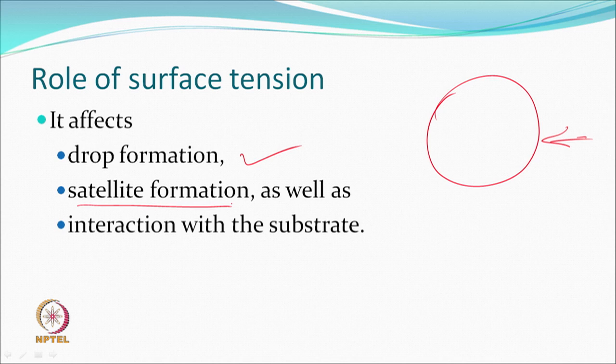If it is very high, then every small droplet that gets created also becomes a satellite. If it is a very low surface tension, which is also not very good, because then everything will in a way start flowing. So, an optimum level of surface tension is required, because finally, we want a drop to be spherical